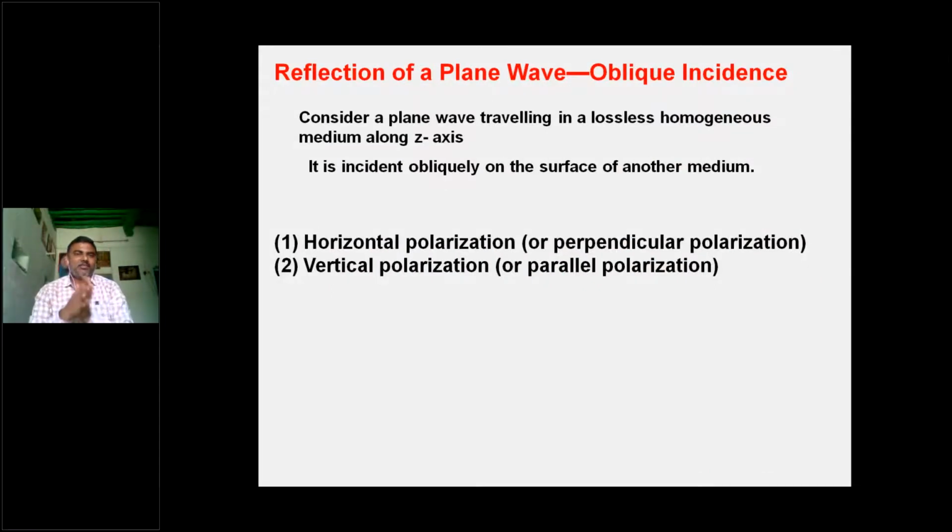And similarly, the reflection of a plane wave with oblique incidence. Within this oblique incidence case, we have two different cases: horizontal, or you can say perpendicular polarization; and vertical, or you can say parallel polarization. And to get the generalized wave equations for the horizontal or vertical polarization, we have to use the direction cosines we discussed in the previous topic, EM wave characteristics part 1, the last one, direction cosines, R dot A. That formula has to be used to find the corresponding electric or magnetic fields in this case.